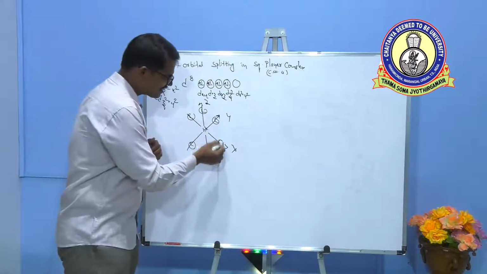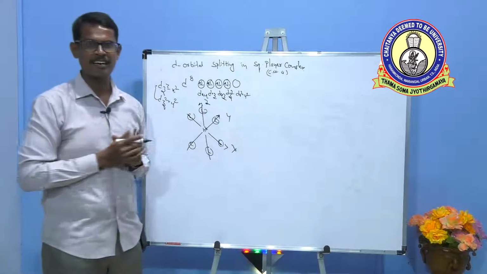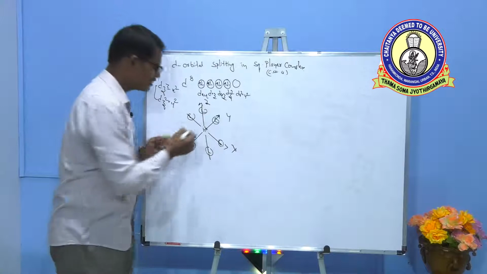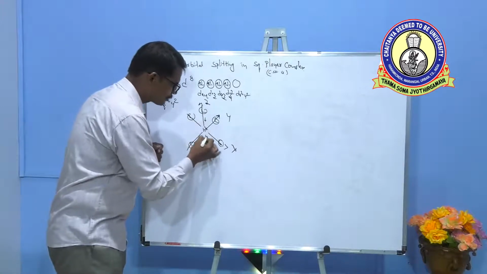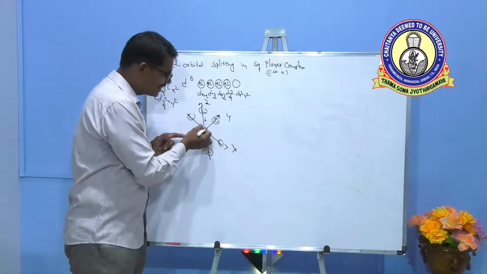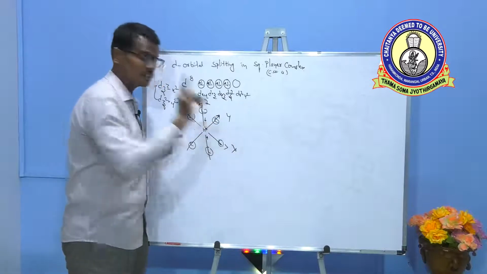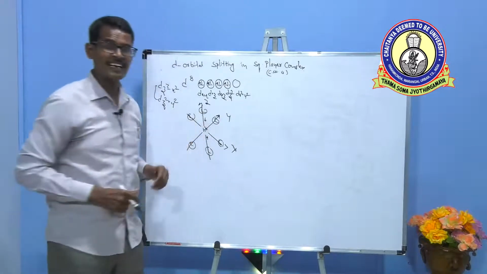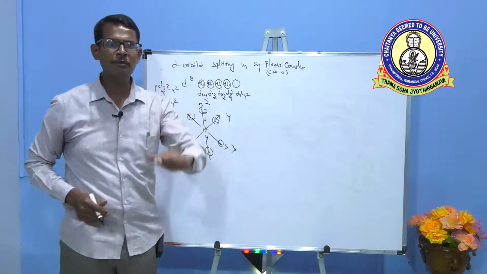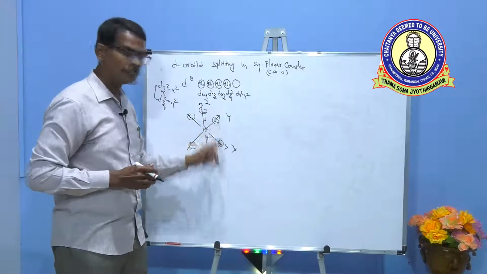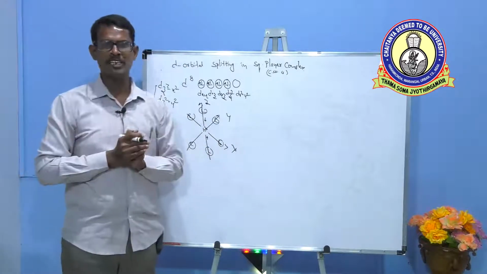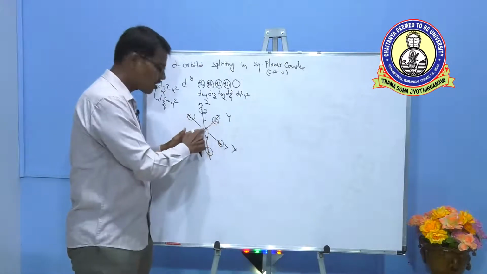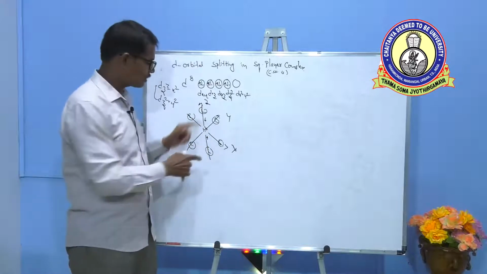But along the x and y axes there is no electron, which means the positive charge is more. But along the z axis 2 electrons are present, and due to these 2 electrons the positive charge decreases. X, y axes no electron. Z axis 2 electrons are present. These 2 electrons decrease the effective nuclear charge, and where there is no electron, more effective nuclear charge is present. So due to this, the metal ion attracts these 4 ligands strongly and these 2 ligands weakly.